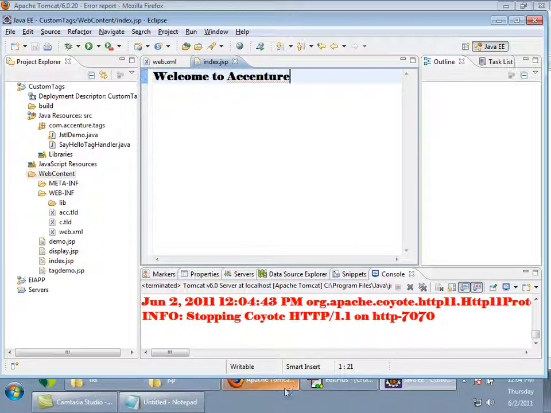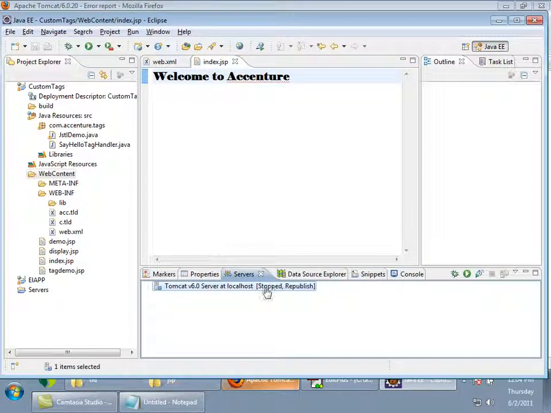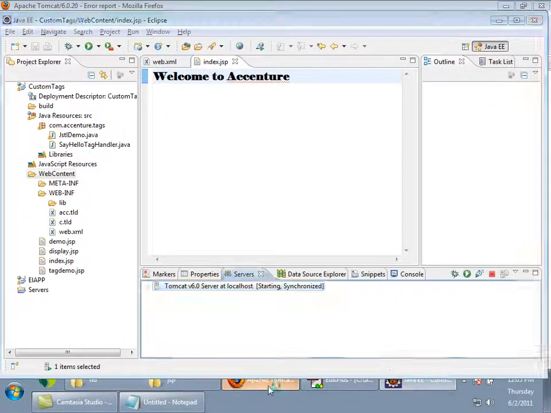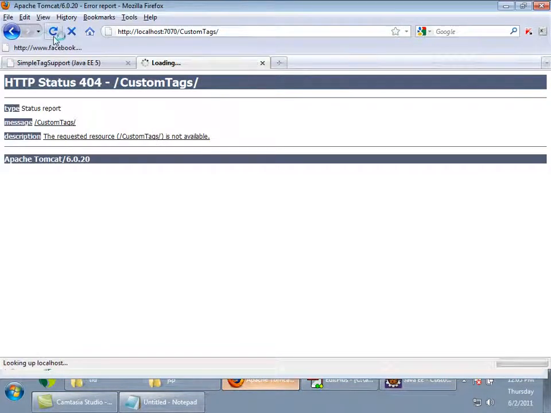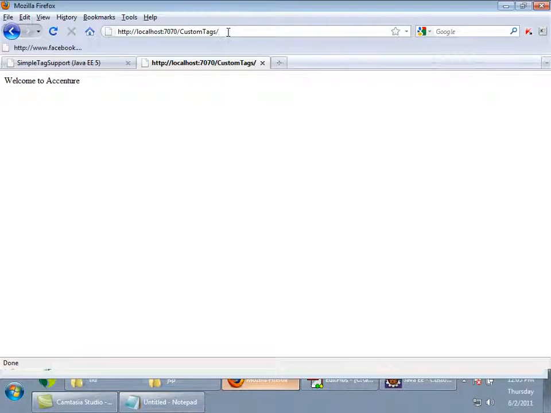Now I'll just start the application and then refresh here. See, now I gave slash, I didn't give slash index.jsp. I just gave slash, automatically index.jsp is displayed, right?